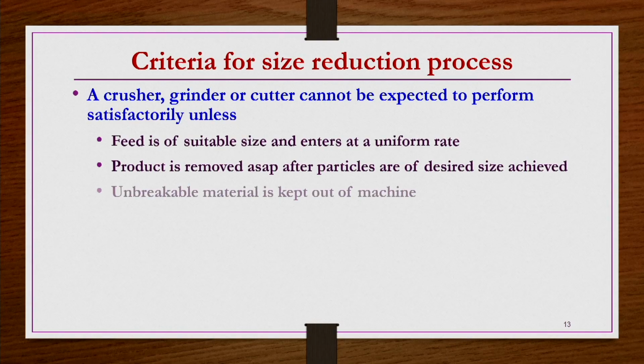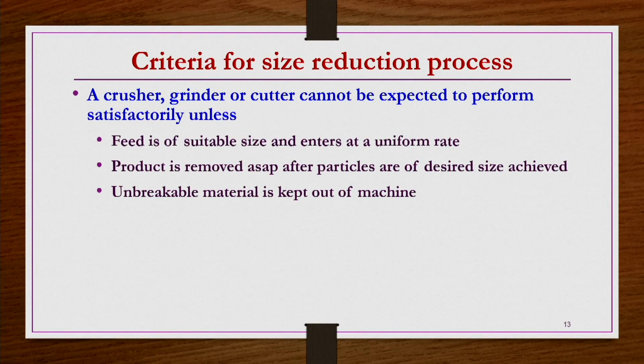Otherwise, those particles may undergo further size reduction, and the size of the particles may become much smaller than the required 1 mm. Or in other cases, it may not do further size reduction beyond a certain product size of 1 mm or 0.5 mm. Under such conditions, if you are not removing the product, you may be wasting energy. As we have already discussed, energy is an important factor here. So in terms of energy saving also, it is better to remove the product as soon as the desired size is achieved.